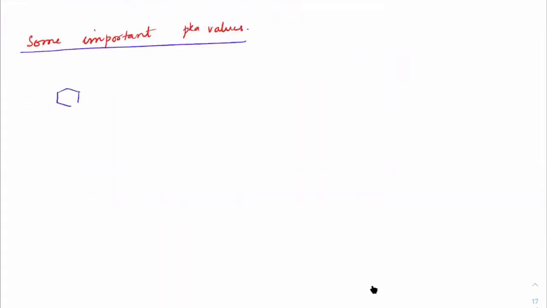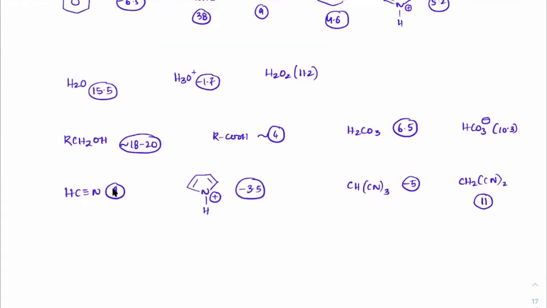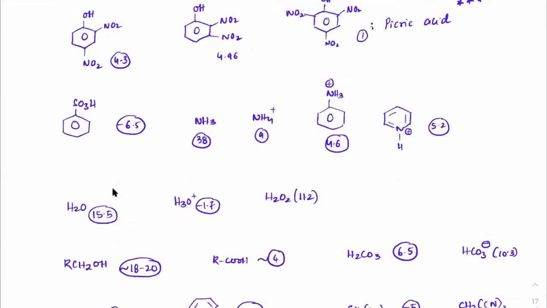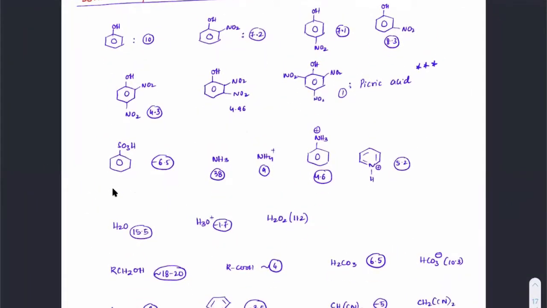What are the cases? Just write the pK values, whatever we know. When it comes to phenol, what is the pK value? pK value is close to 10. If it is phenol with NO2, nitrophenol, it would be around 7.2. This would be useful for problem solving. Just keep it handy with you. Either keep a printout of it while problem solving, it will be useful.